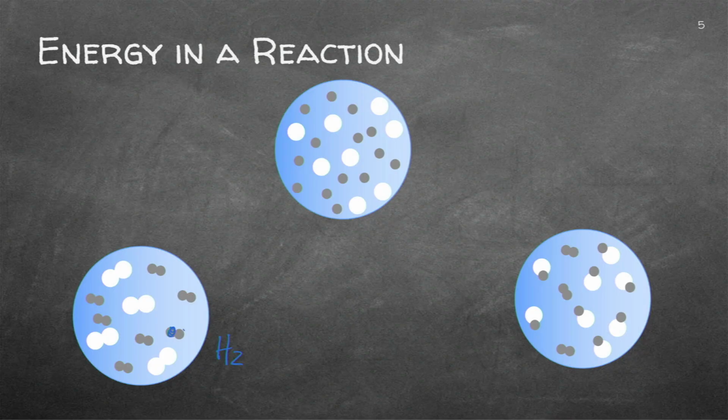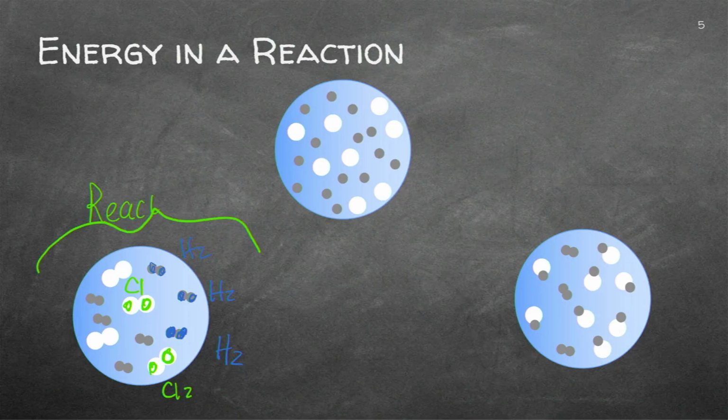So what's actually happening is, for instance here, I've got H2. Can you see the H2 there? And H2 and H2. And I also have chlorine gas, Cl2, Cl2. What do we call this side here? We call it the reactants. So I'm starting off with Cl2 and H2. What do I have to do to get them to become the product here? I need to pull these apart. So let's put in some energy, and I'm pulling these apart.